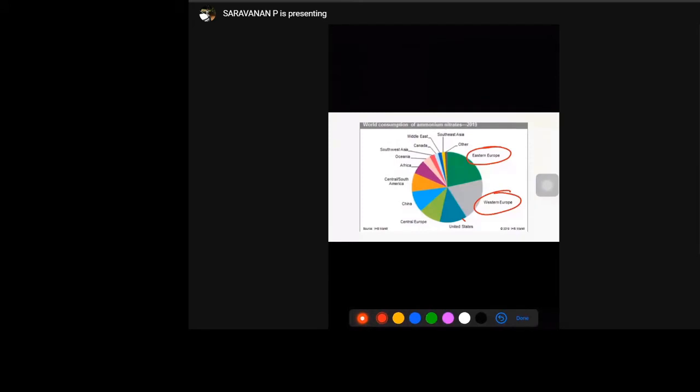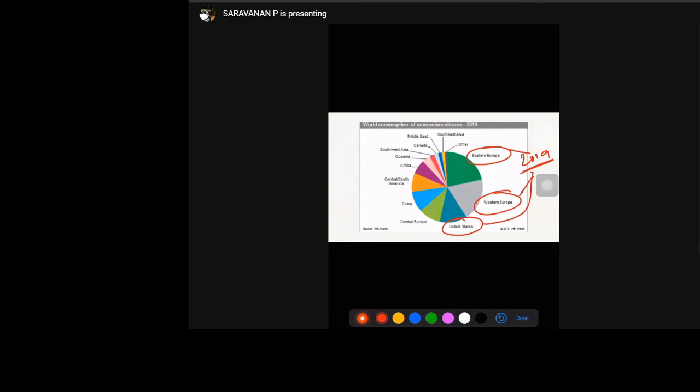In 2019, these three regions together, which means Eastern Europe, Western Europe, and the United States, accounted for about 53%, and once again I repeat, 53% of total world consumption. Consumption is forecast to increase at an average rate of 1.0% during 2019 to 2024. Growth in consumption will be driven by Eastern Europe,